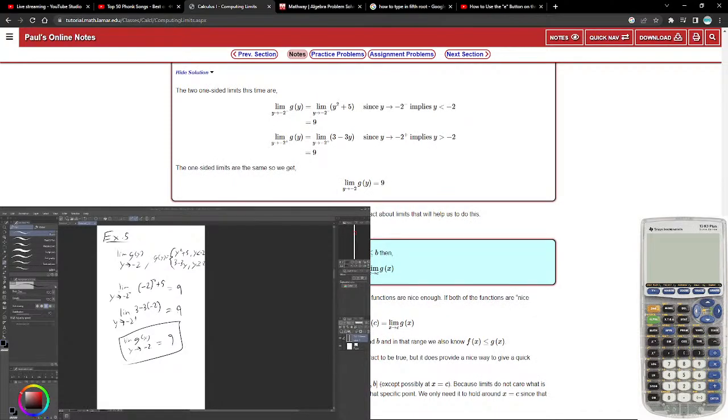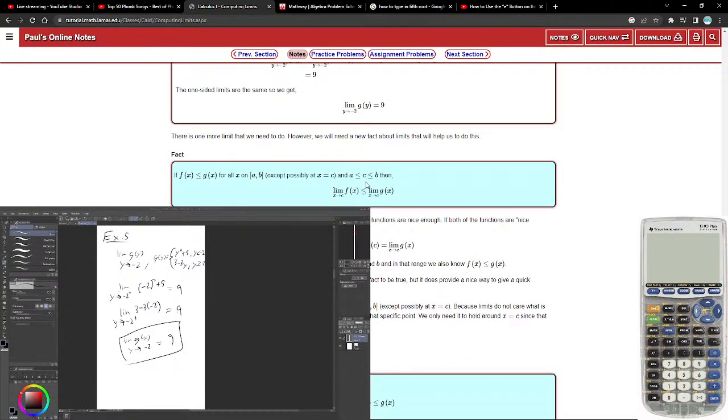There's one more limit we need to do, however, we will need a new fact about limits that will help us to do this. If f of x is less than or equal to g of x for all x on AB, except possibly at x equals c, and the constant is between a and b, then